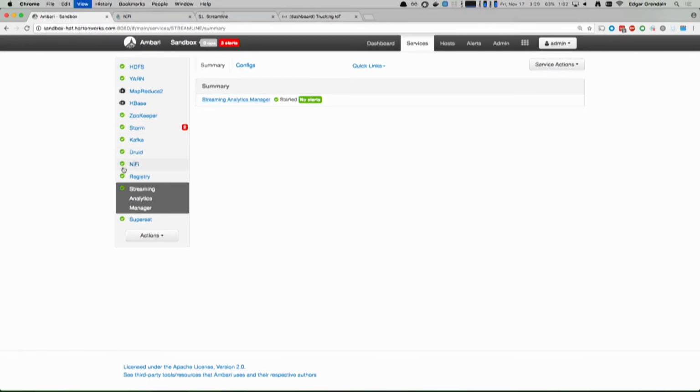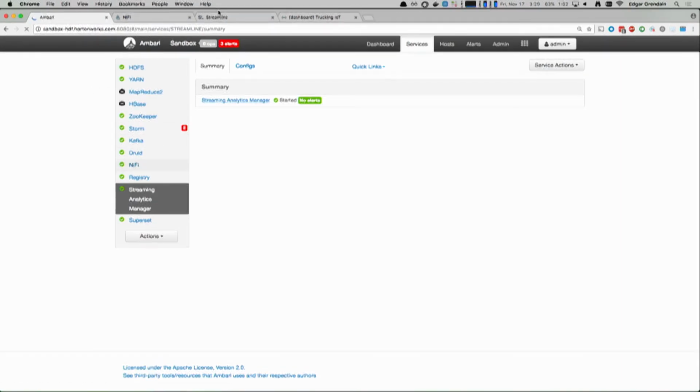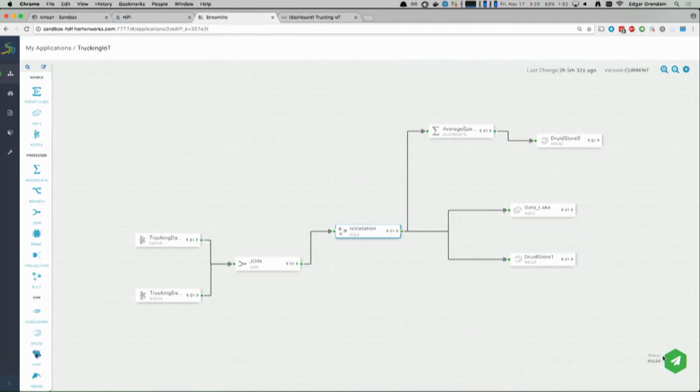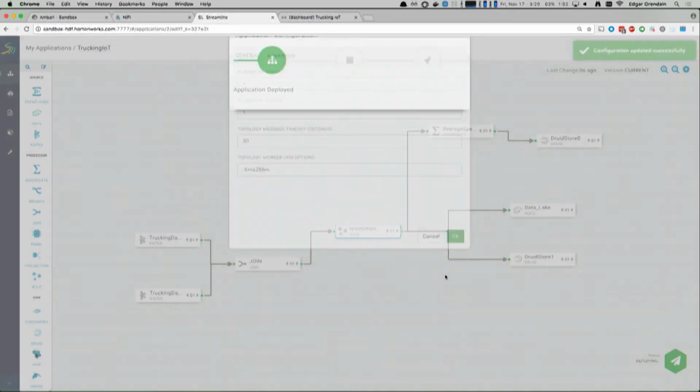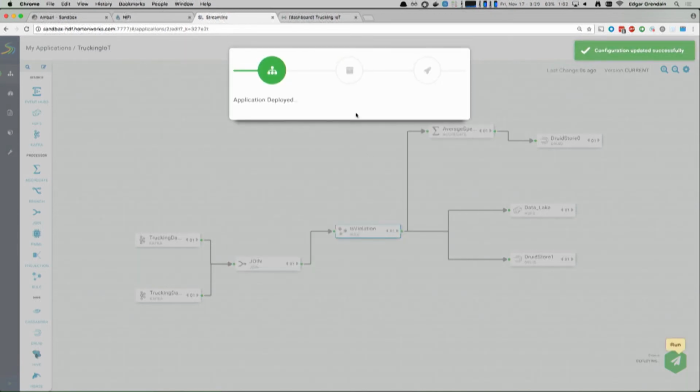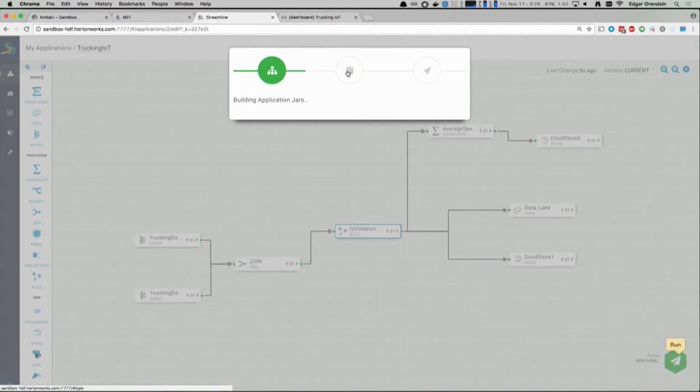Do I have Druid up? Yes, I do. So underneath the hood, just while this thing is running, Streaming Analytics Manager is really just a visual tool that follows a drag and drop paradigm to build an application. But underneath the hood, it's built on top of a unifying model to deploy this application on a number of different streaming engines.